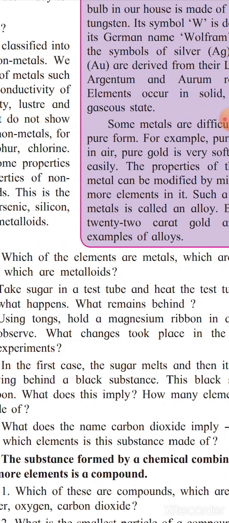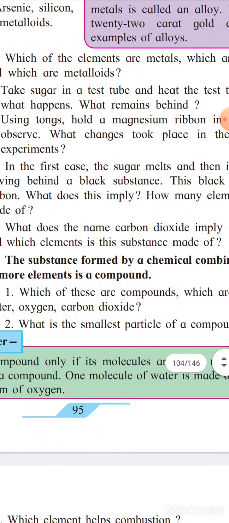Now what does the name carbon dioxide imply? How many and which elements is this substance made up of? Here carbon dioxide is a compound. It is a tasteless, odorless gas. It is a natural product of respiration. Plants use